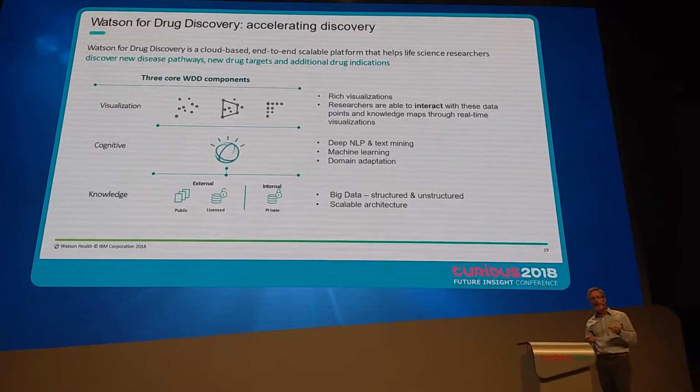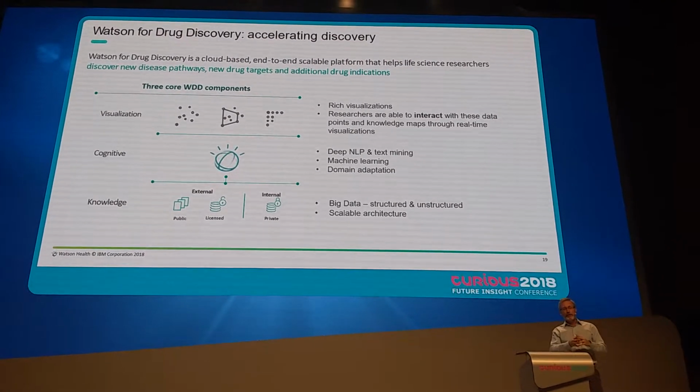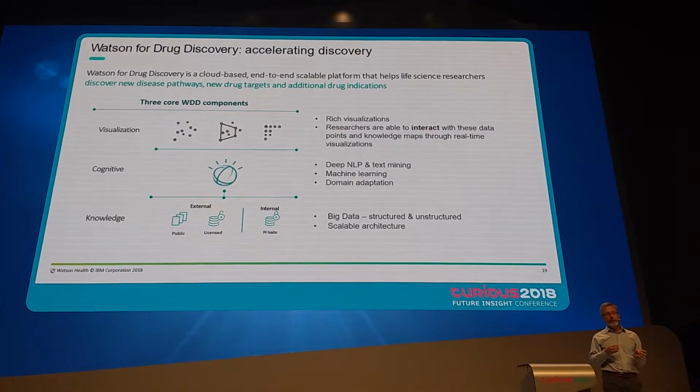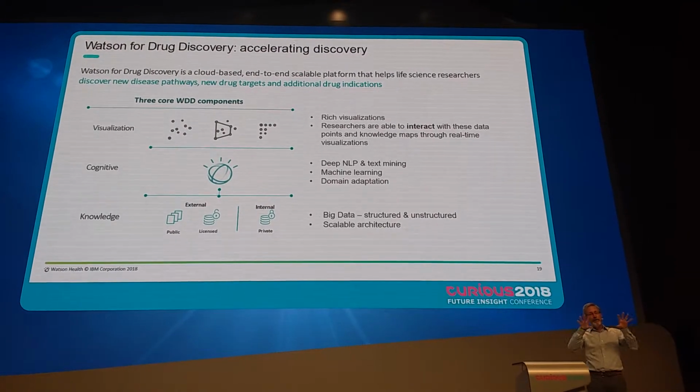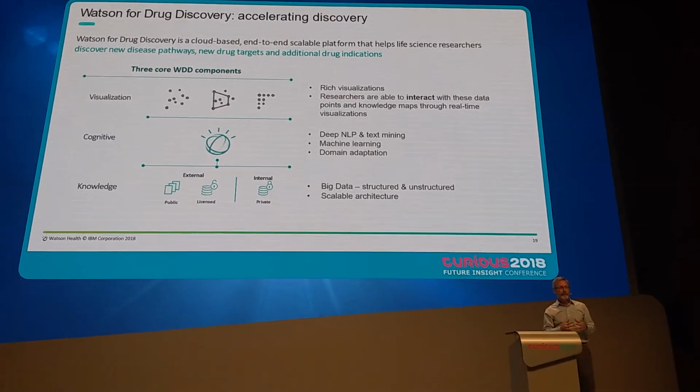Because when the system makes a prediction, it's going to do it based on thousands of facts, hundreds of sources. To be able to understand that as a scientist, you're going to have to be able to see all those connections at once and drill in on the ones you want to really know more about. And that's where visualization becomes